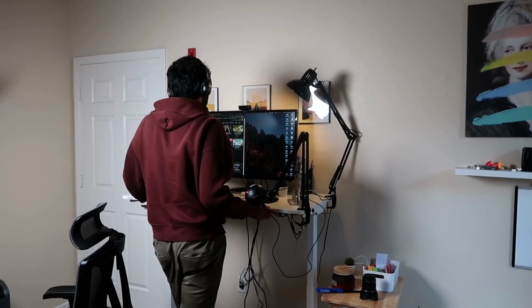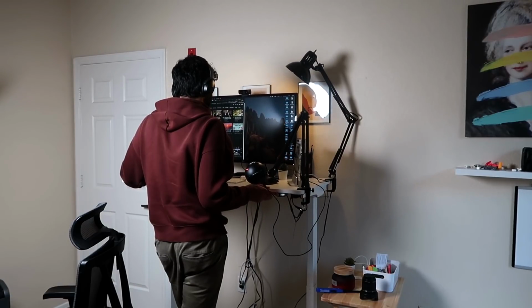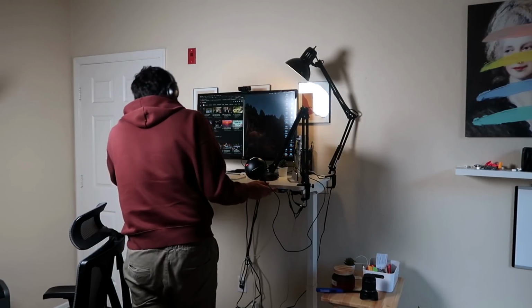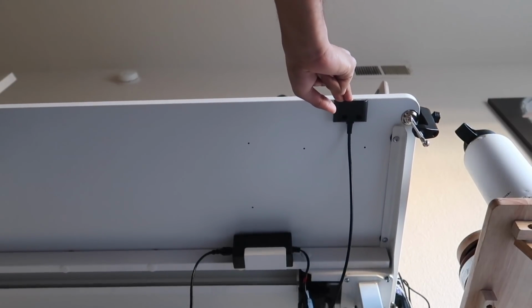The best thing about it is, even if I'm 6'2", I can easily keep my hands on it and I don't feel like I'm scooting over it, and that's the best part about it. There are a bunch of wires right now downstairs which I don't want you to see,